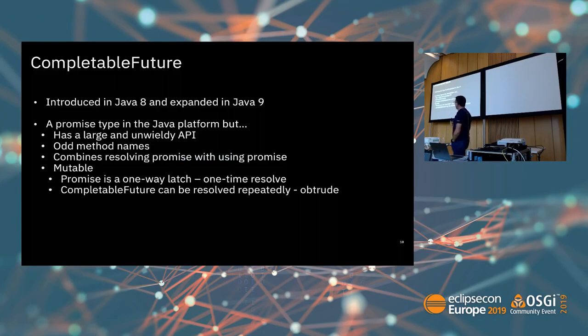Okay, so let's talk a bit about CompletableFuture. Who's used CompletableFuture? What did you think of the API of CompletableFuture? It's kind of big. So CompletableFuture was added in Java 8, expanded a bit more. They added some of the convenience methods that we already had in promises. They added in Java 8 the ability to create